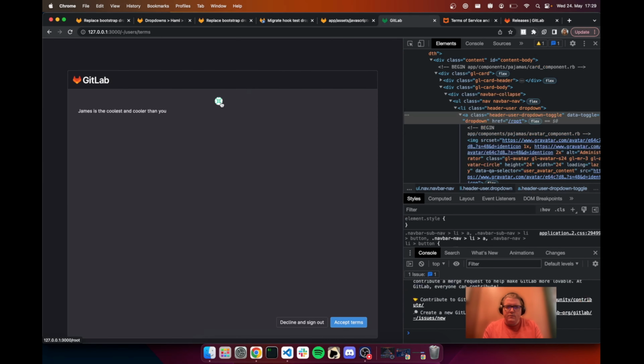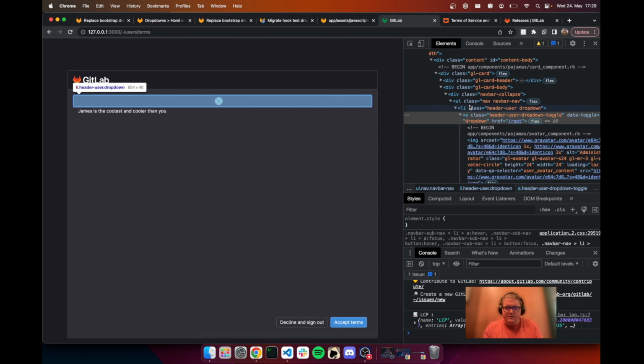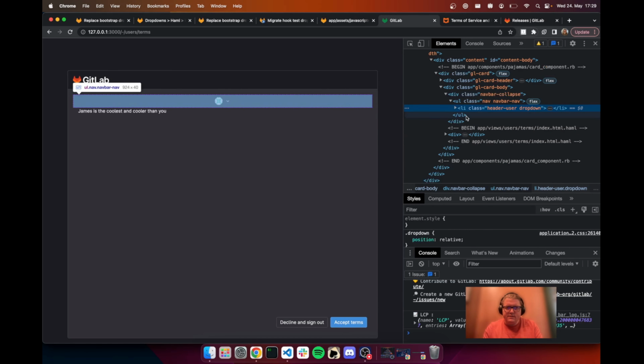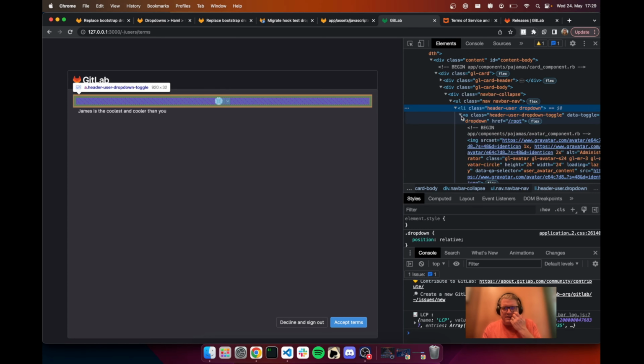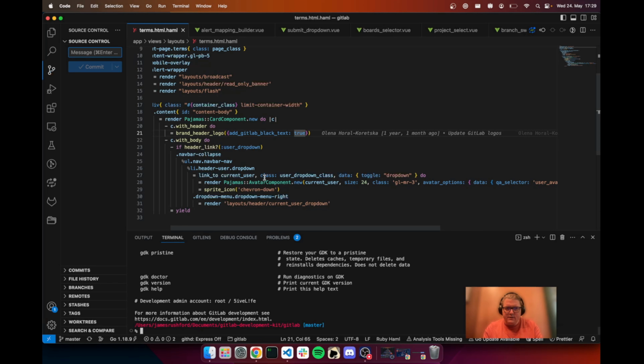Okay, so where we were is just trying to work out why is this an unordered list? Should it be? Why is this a list item? Can this just be, why is that? And then the next thing here is what is this drop down doing? Why is this a drop down? Because what's actually happening here is we're using a class of user dropdown class,